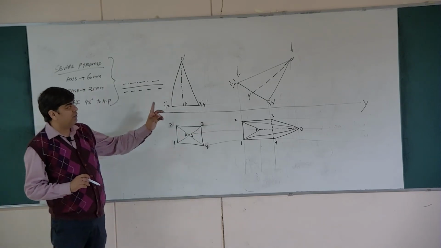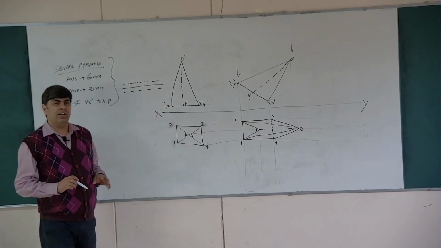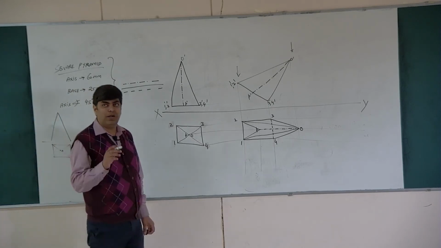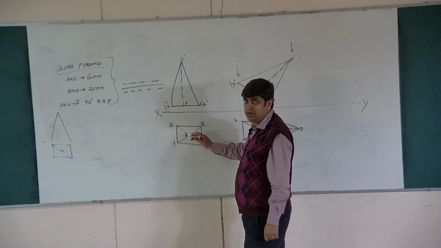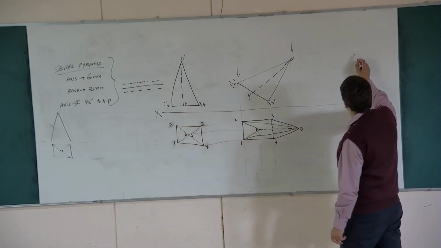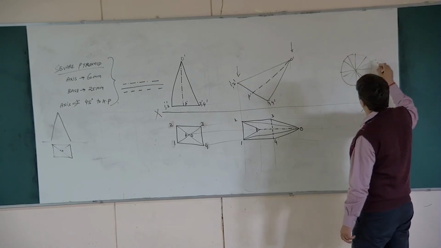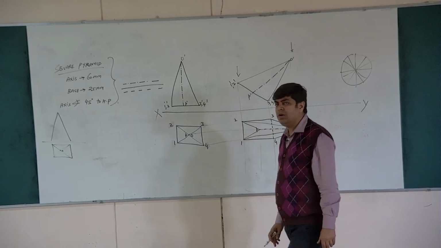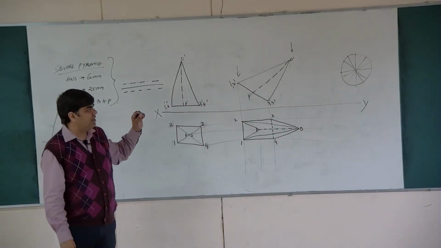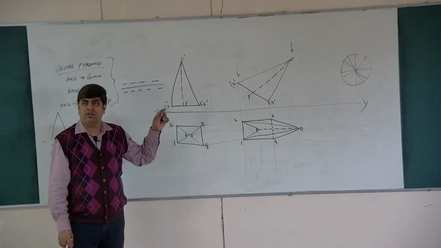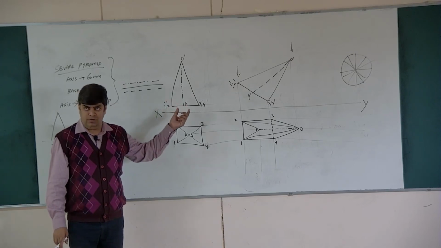Always remember, in case of projection of solids, there are more locuses and more projectors, especially in problems involving the cone and cylinder. Because when I take a cone, the base will be a circle. Here I have to divide the circle into 12 parts. When there are 12 parts, you can see the number of points. So you have to use the pencil in such a way that your locus lines and projection lines are distinguished from the main lines.